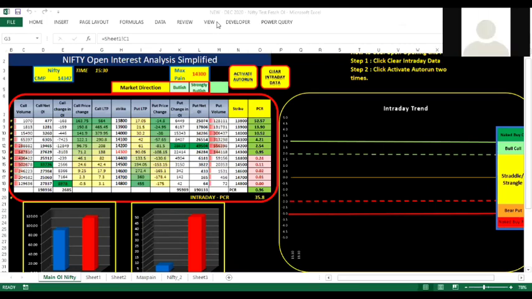Thank you, Pankaj. Can we get a similar Excel sheet for Bank Nifty data as well? Yeah, I have shared both these sheets in the group. I will again share it in the group. You can download it, but please don't change the names, else it will start showing errors. It won't work. Okay, sir. Pankaj, thank you.